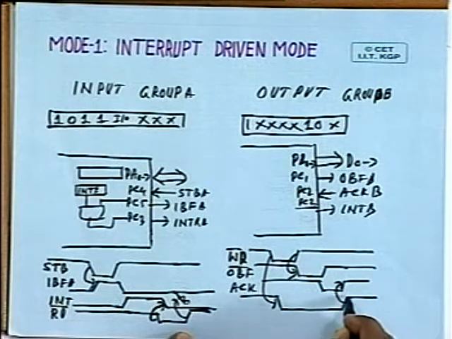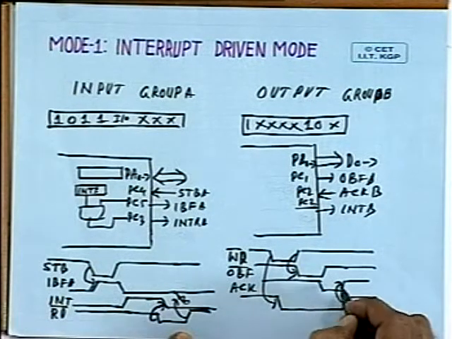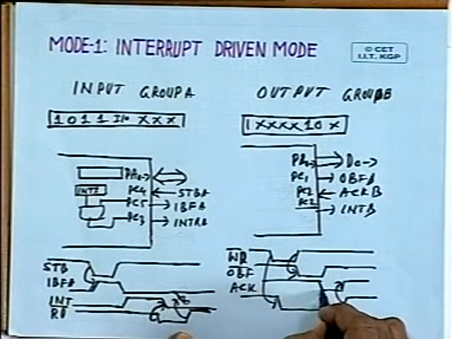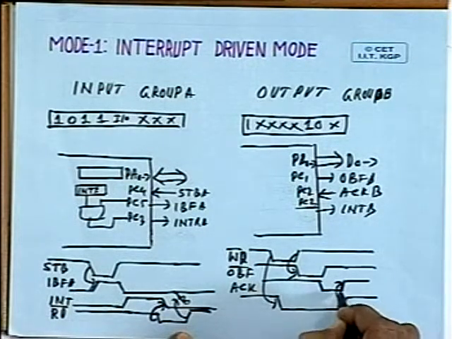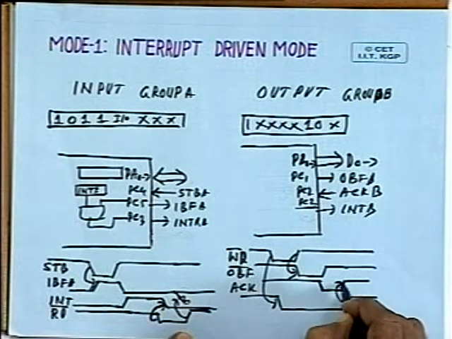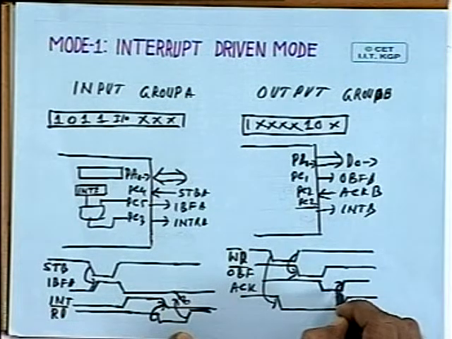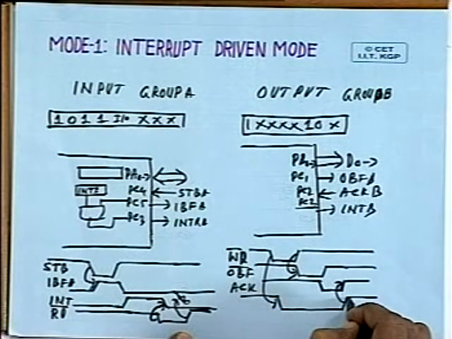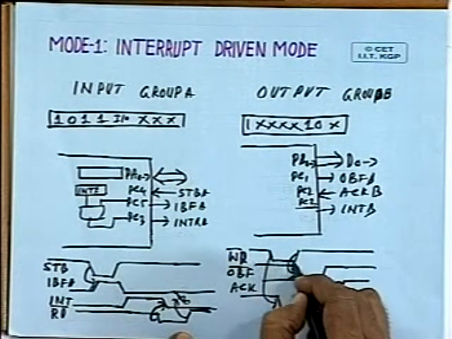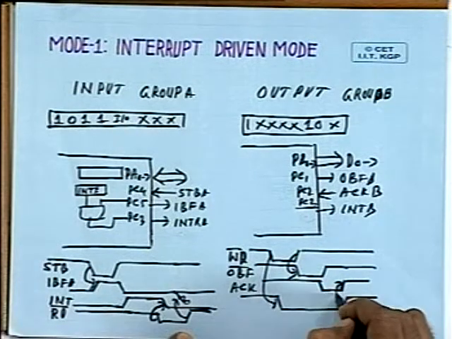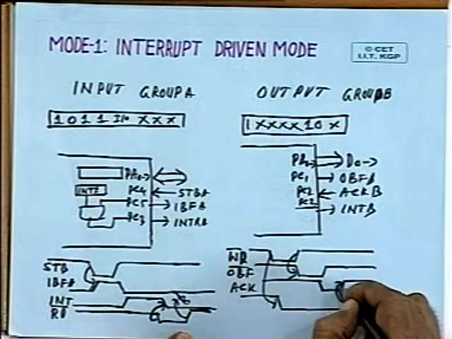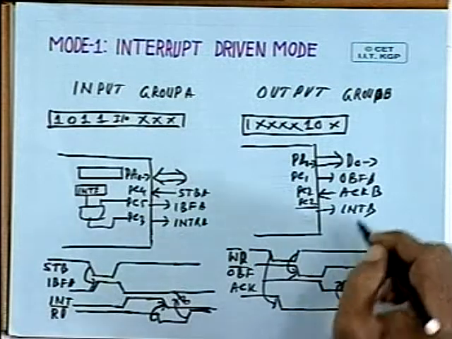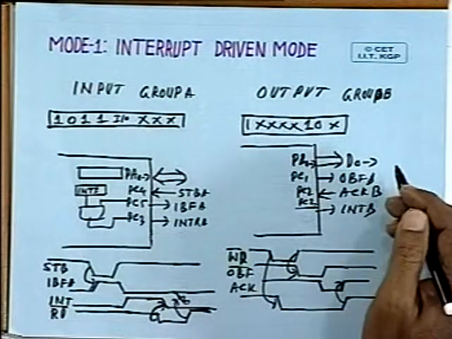That means whenever the acknowledgement signal goes high, that means whenever this is over, that interrupt will be withdrawn, and it knows that data transfer is complete. That means whenever the IO device has read the data, interrupt will be withdrawn. So, as you write the data, interrupt is generated, and as the IO device reads the data, then it is withdrawn. So, this is how you can transfer data in interrupt driven mode.